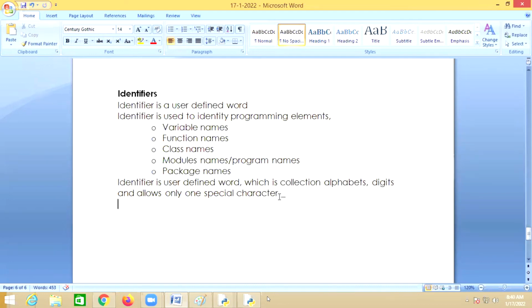What is that special character it allows? Underscore. But it doesn't allow any other special character.